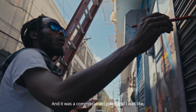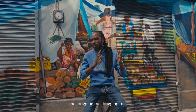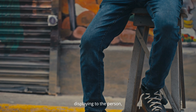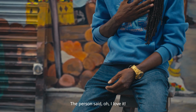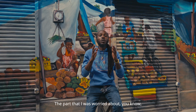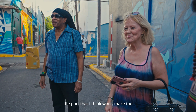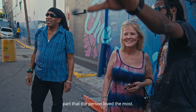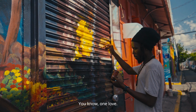And it was a commission piece, and I was like, the person probably won't like it, and it was just bugging me. But the day I delivered it and was displaying it to the person, the person looked at it and said, oh, I love it. Then the person took time and said, this is my favorite part. The part that I was worried about, the part that I had doubt in, the part that I thought wouldn't make the painting sell, that's the part that the person loved the most. So the takeaway for me is, I don't worry, I just have fun in every part of the journey, you know,